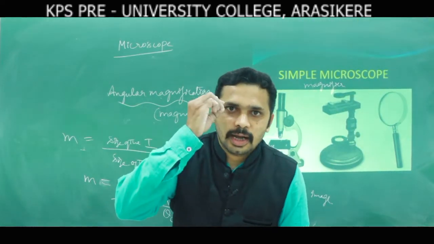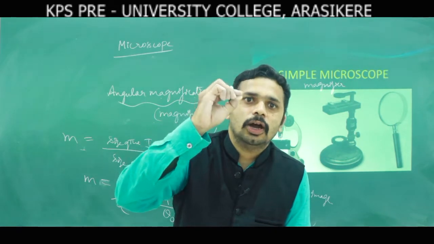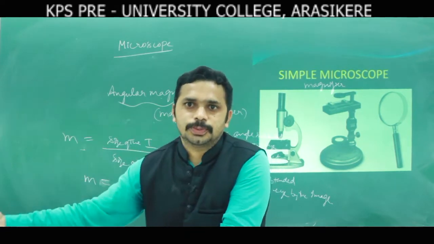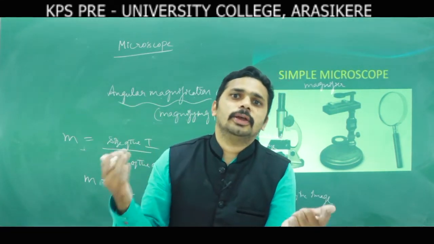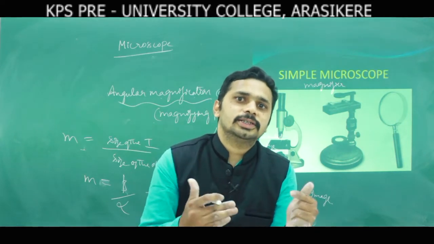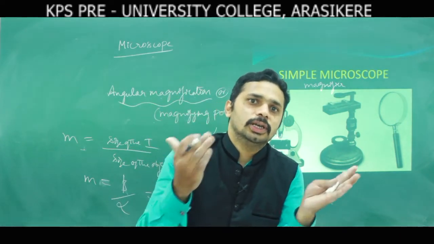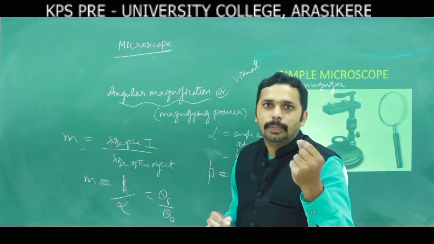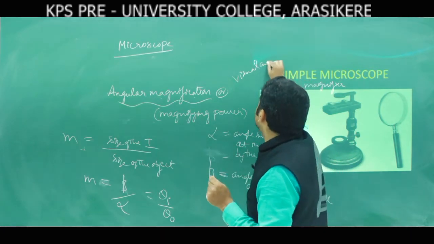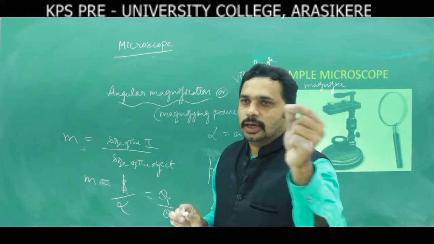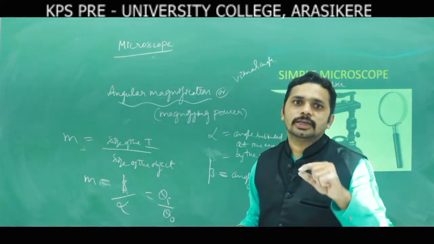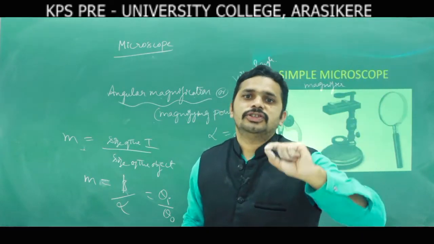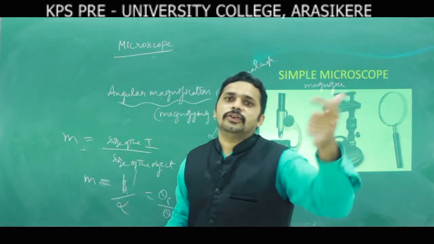That's why our eye can see small tiny objects only up to a certain limit. If the object is very, very small, then you have to go to telescopes and microscopes. These use lenses, and the lenses increase the power. By using the powers of the instruments, you increase the visual angle. That's why angular magnification is also called magnifying power. If the power increases, the visual angle increases, and if the visual angle increases, the magnification increases.